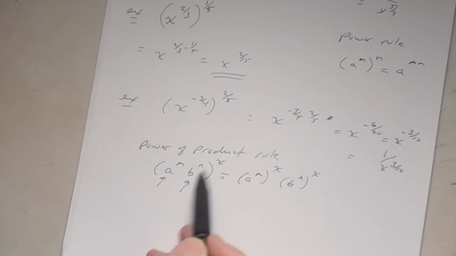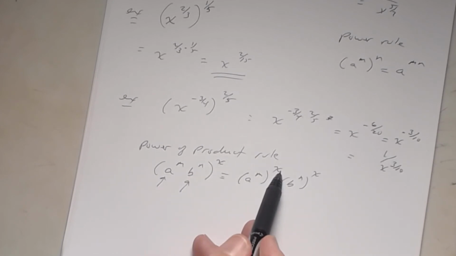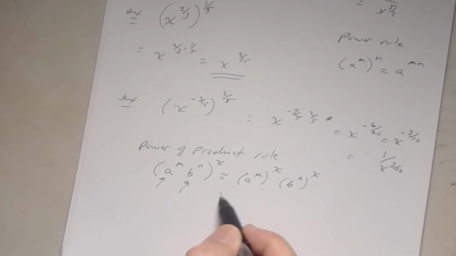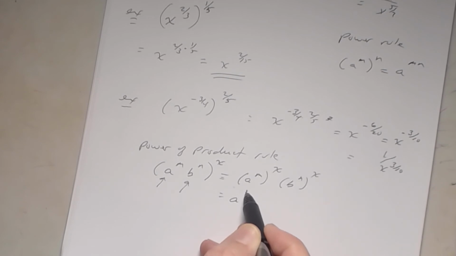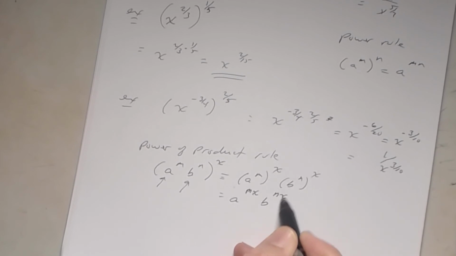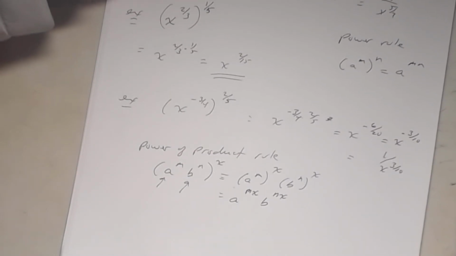But notice that the power of a product becomes the power rule. See this? And so using the power rule, that's going to be a to what power? m times x, mx, b to the nx. Okay? All right, so now let's look at number